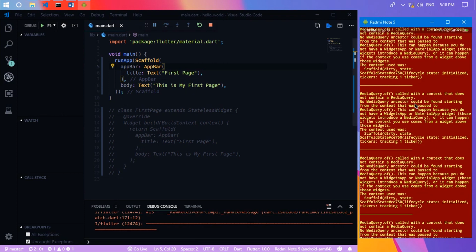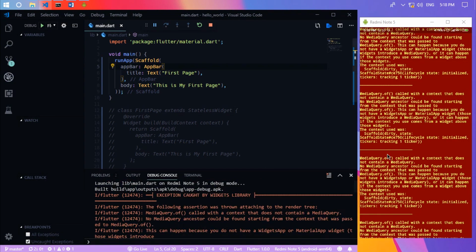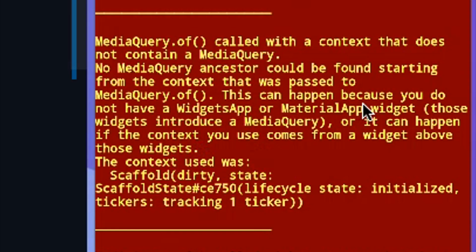So as we can see here, an error happens on our app. This can happen because you do not have a widget app or Material App widget. This widget introduces a media query, or it can happen if the context you use comes from a widget above this widget.